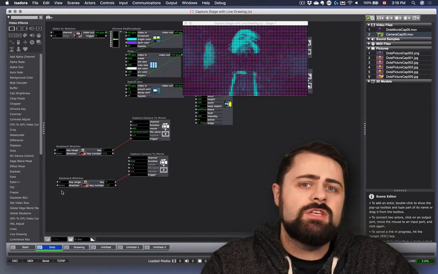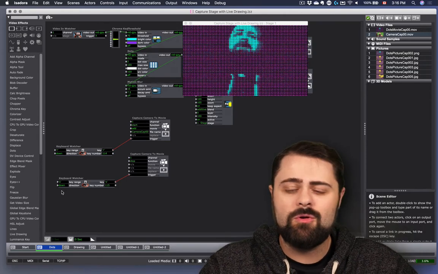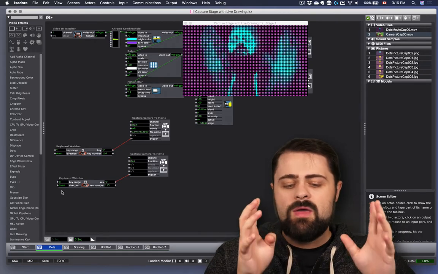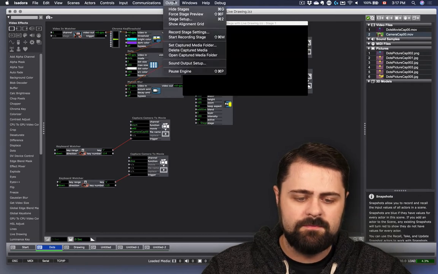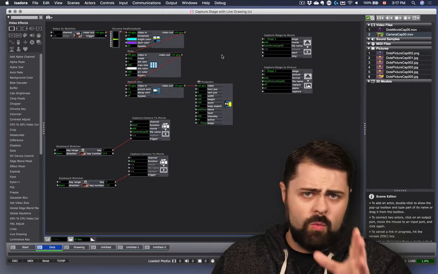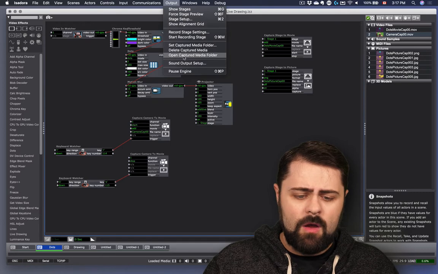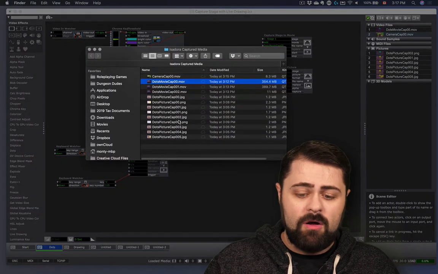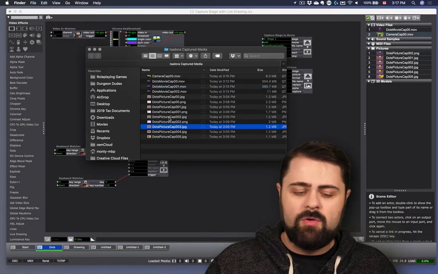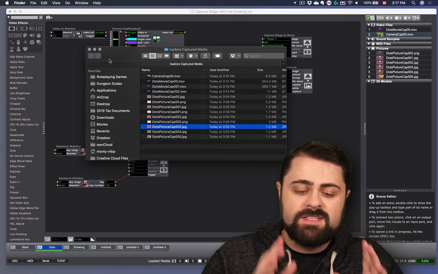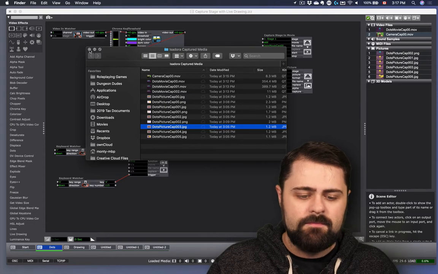But all of these actors give you the tools that you need to create recordings and work with them later throughout your Isadora project. Now that we have a few recordings here, I'm going to hide my stages and stop my live captures. I'm just going to show you what happens, first of all, in our folder. If I go to Output, Open Capture Media folder, you'll see I've got all the captures that we brought in here. So all these images that we created, all those movies that we created, are all saved here in that folder, and we can access them later or bring them into future projects if necessary.